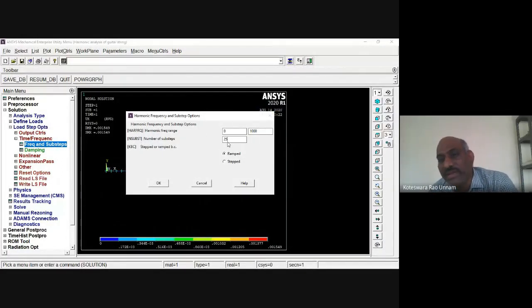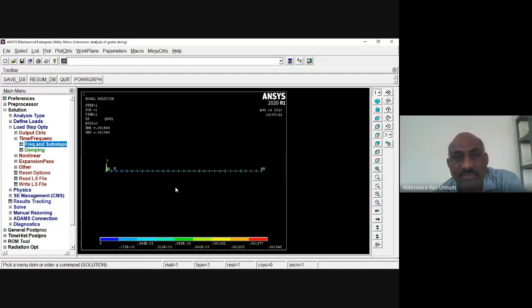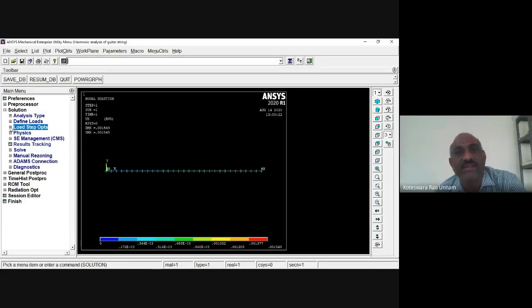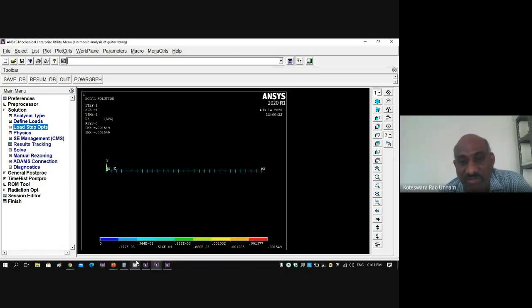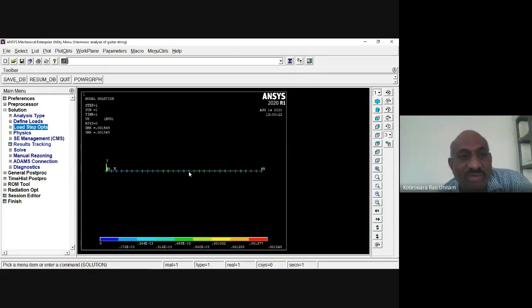So here I'll use some 250 substeps. Then I'll apply the load as a stepped load. I'll click OK. So these are the settings I need to apply for the harmonic analysis. Then I need to apply whatever load F2 is there as the harmonic force only. But whatever force I applied at this end, I need to remove it.